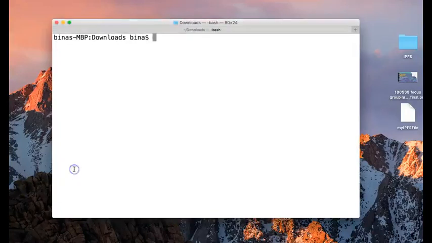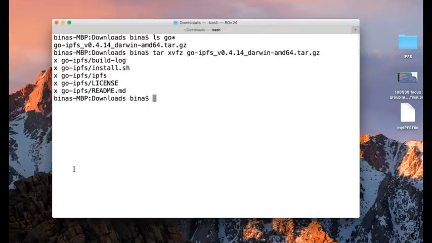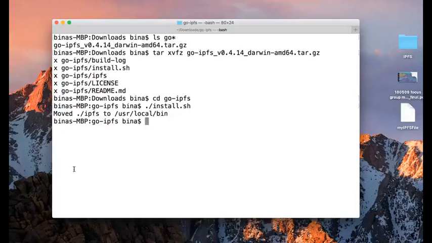I have already downloaded the tar file. It's here, and I'm going to untar it, and then I'm going to go into go-ipfs and install it. I'm installing it, and it's as simple as this.